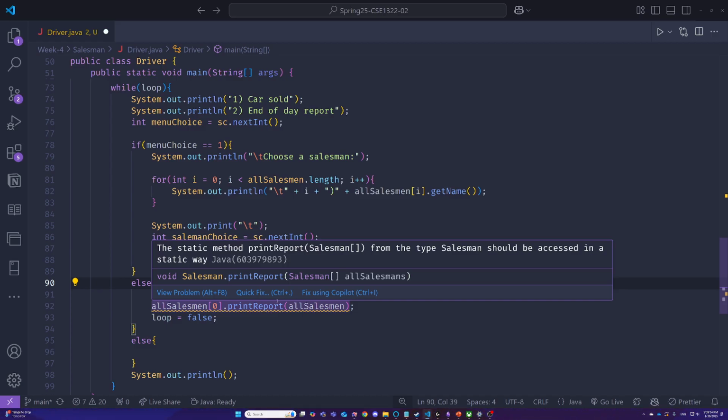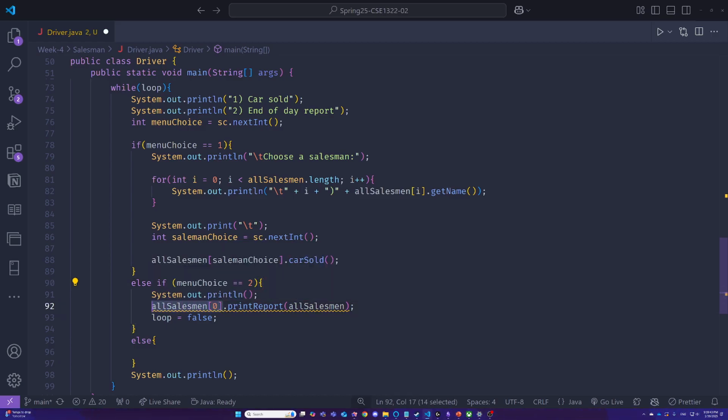But what's going to happen is that it's going to give you this warning saying that this function, printReport, is static, so there's no reason for us to specify an object, because regardless of which object it is, it's still going to be the same. So the proper way to call this is